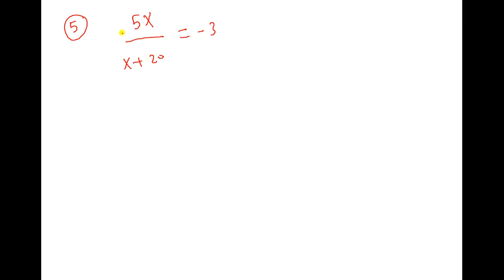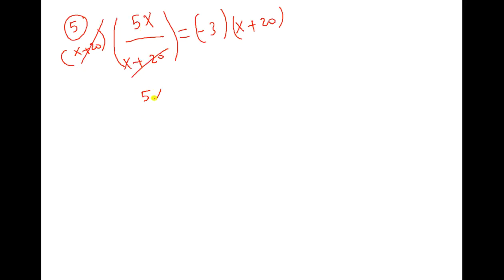The only way to do that is by multiplying the left and the right hand side by x plus 20. You want to multiply by the bottom on both sides, because if you multiply that, you take away the denominator on the left hand side, and you end up with 5x. And the right hand side, do the distribution here: minus 3 times x is minus 3x, minus 3 times 20 is minus